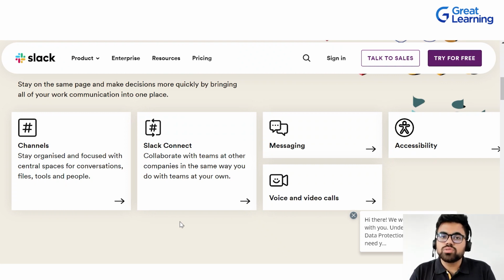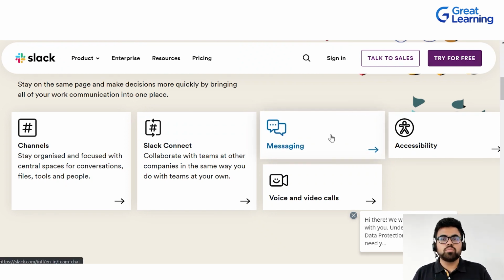So that is through Slack Connect. The other organization will be in collaboration with your organization on certain levels to achieve the goals that you want to achieve. Next is messaging. Messaging is the most important part: if you don't want something to be typed in the group, you can privately or direct message it to the person that you want to do it. So that is through messaging.